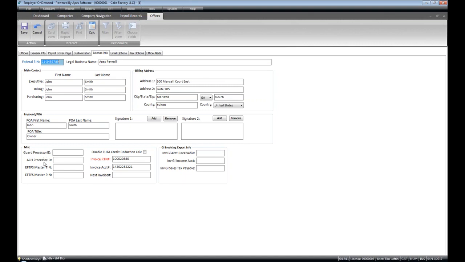And then the next field is an ACH processor ID. So when our service bureaus process and close payrolls, there are ACH credit payments, and those ACH credit payments could be direct deposits, they could be tax payments, they could be impounding taxes from the client. But if they partner with an ACH provider,